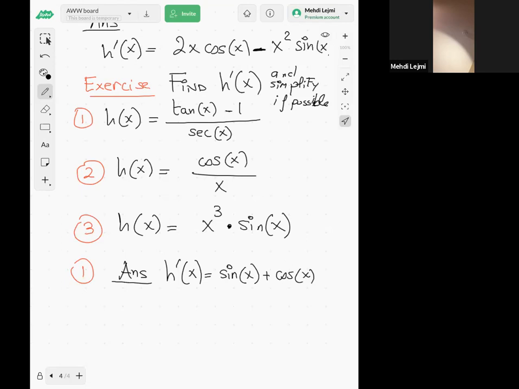Guys, we have about 7 minutes left. So I'm probably going to solve number 1, and next time we can do number 2 and 3, all right? So for number 1,